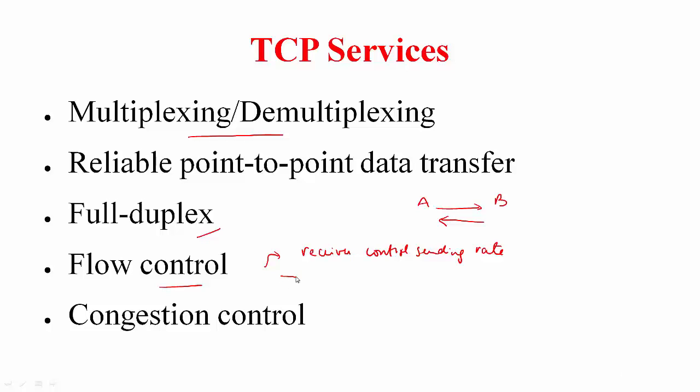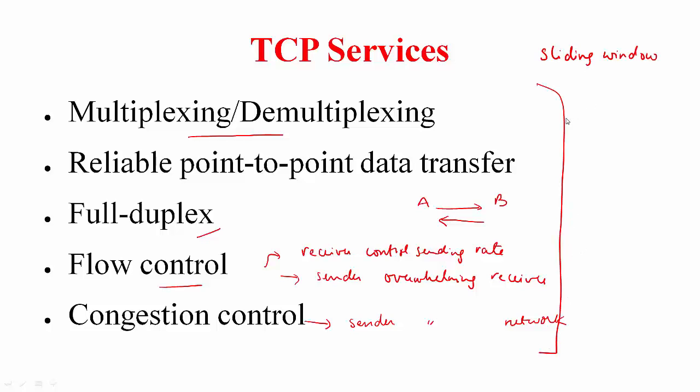While flow control stops the sender from overwhelming the receiver, congestion control stops the sender from overwhelming the network. So it ensures that the senders are not sending data at a faster rate than the routers can handle. This in turn can lead to buffer overflow at the routers and dropping of packets. So congestion control ensures that such a thing doesn't happen, well, to the extent possible. At the heart of TCP is the sliding window protocol that we have seen earlier. The majority of these services are provided in this context.